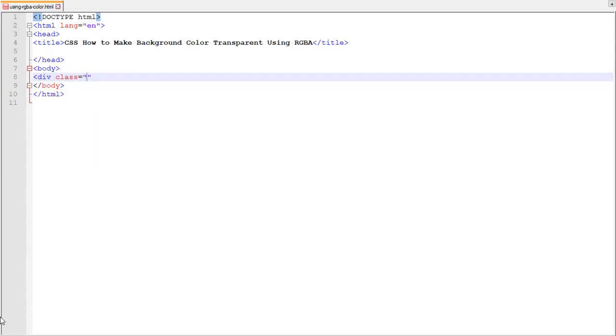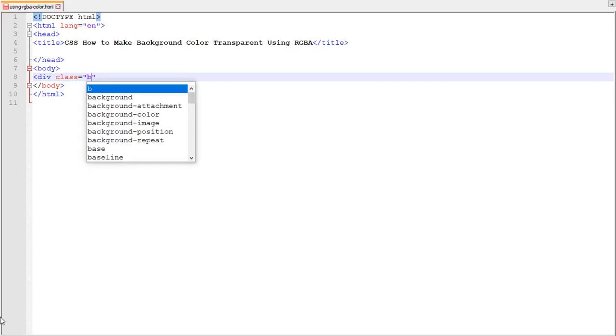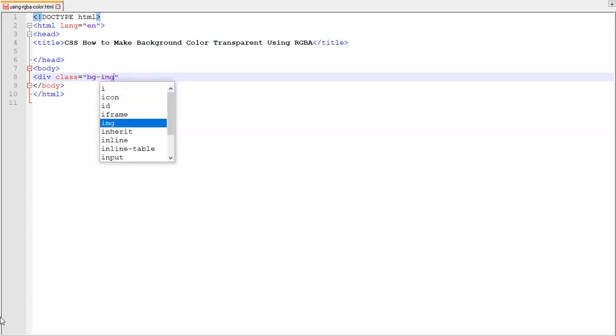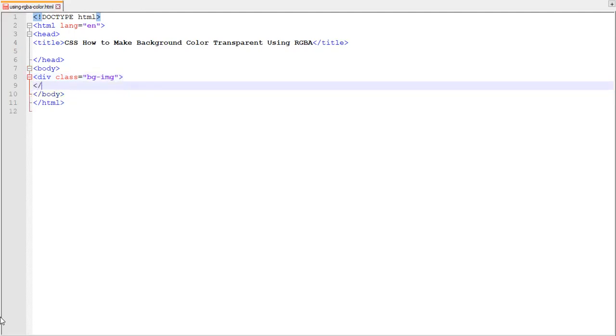Specify a class for it, bg-img. Close the tag using the closing div tag.